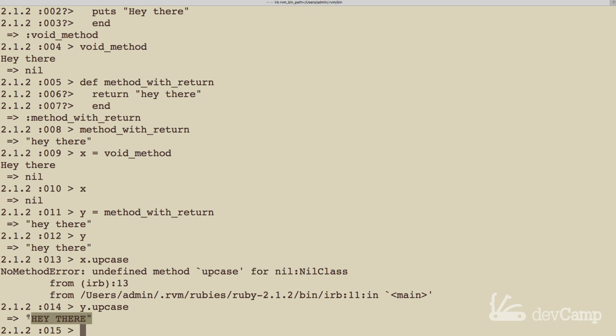Notice how it all works, and it prints out here, hey there, all in uppercase, because we set y equal to a method that actually returned a value. Because it returned a value, that's what we're able to use. So as you're using IRB, this is a really critical thing to understand: this hash rocket is what shows the returned value. That's the difference between printing something out for debugging purposes and the importance of having a value that's returned from a method.